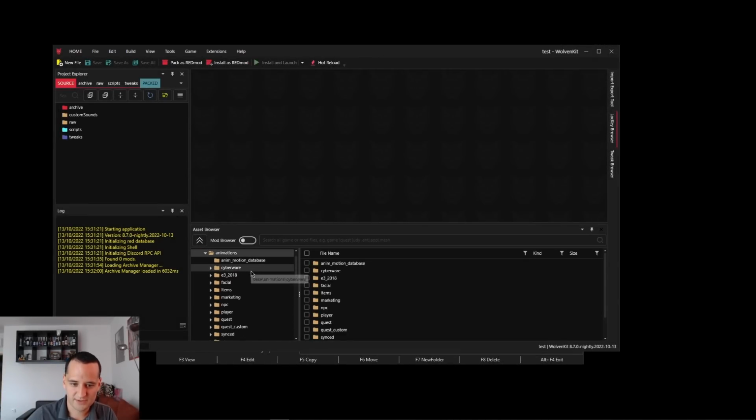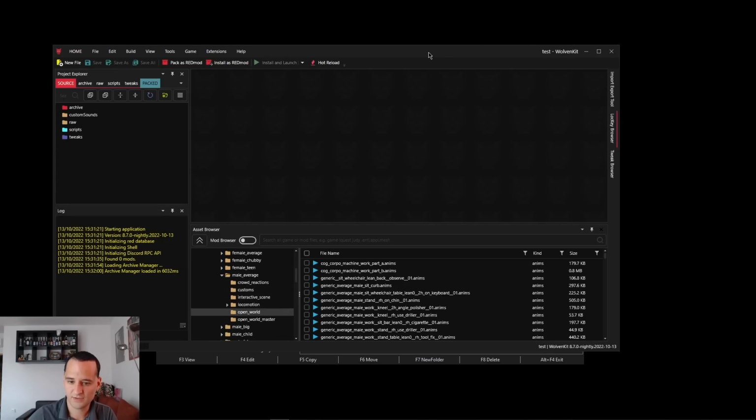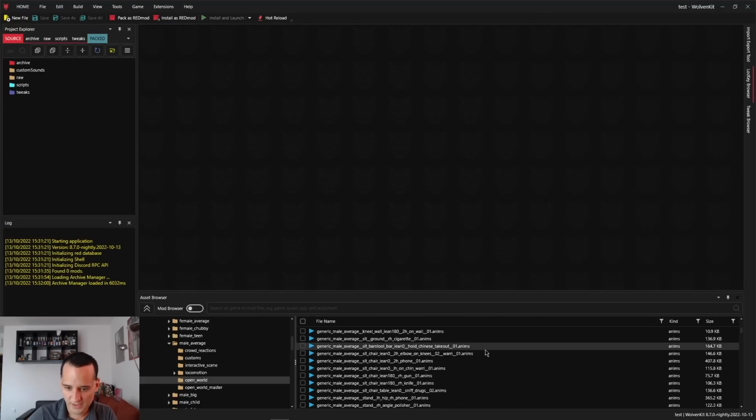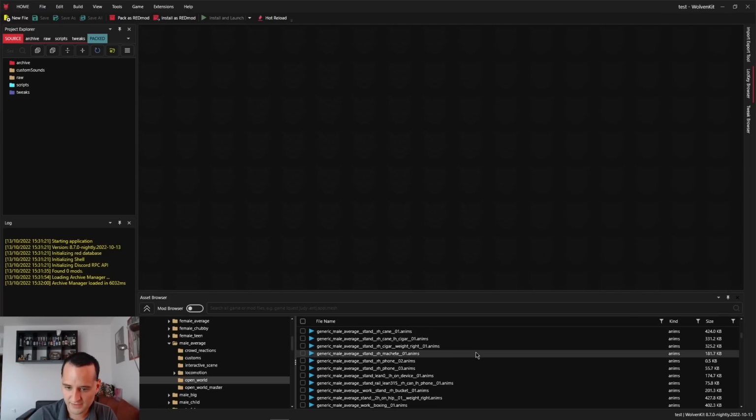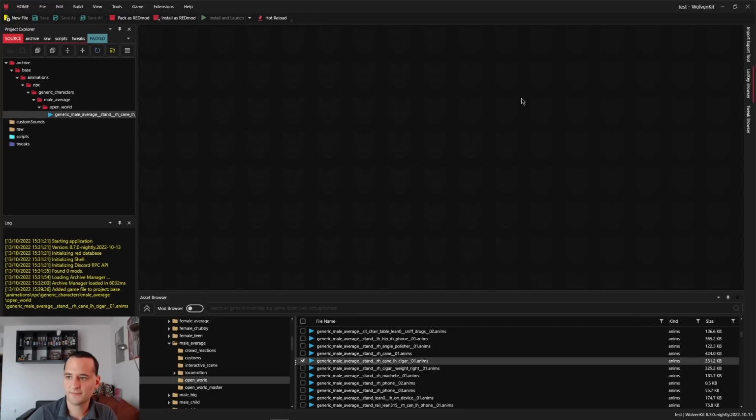Inside the animations folder, you should look for NPC, generic characters, average sized, and then the open world folder. You can see a bunch of specific animations, and you should look for something like standing with right hand cane and left hand cigar. That will be it. Okay, and after that you should